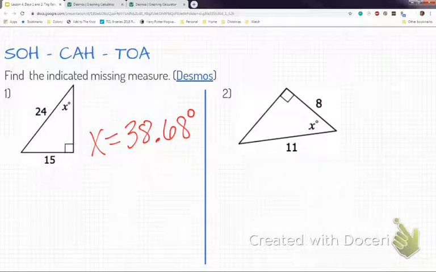Okay, now let's look at our second one. Here's my missing angle now. How are 8 and 11 related to that? What is 8? Opposite, adjacent, or hypotenuse? And then 11, opposite, adjacent, hypotenuse. So adjacent and hypotenuse means what trig ratio? Good. So I have cosine